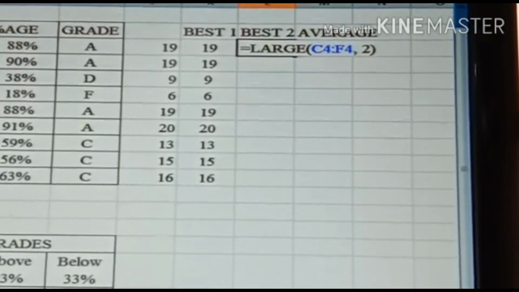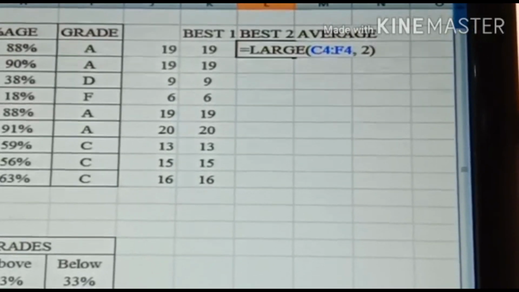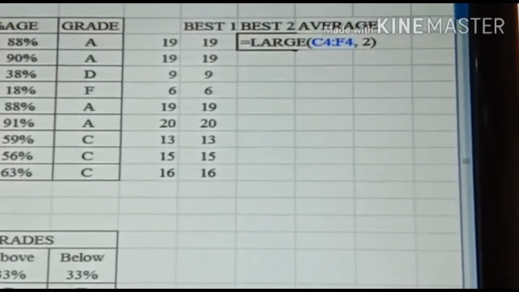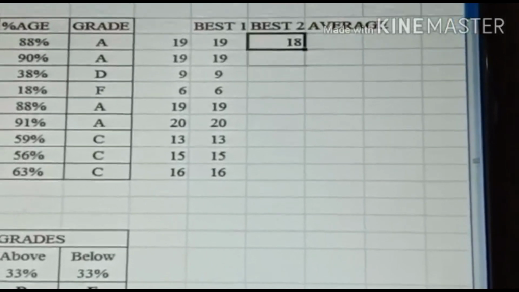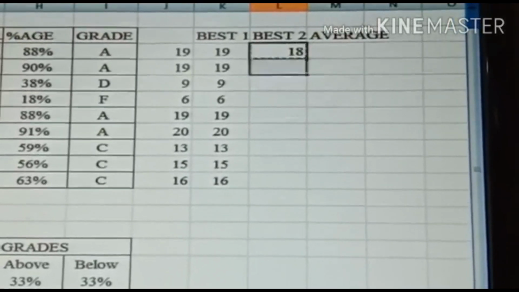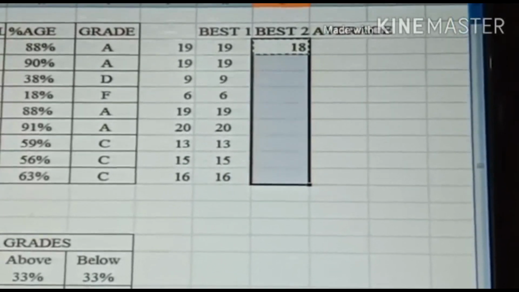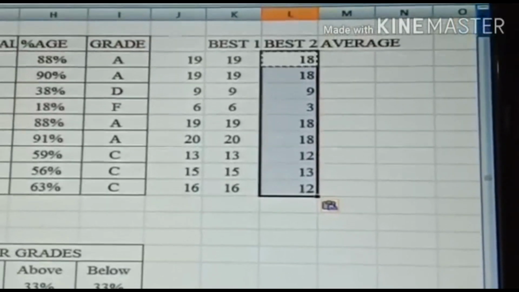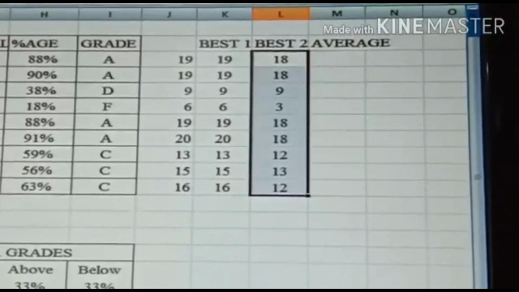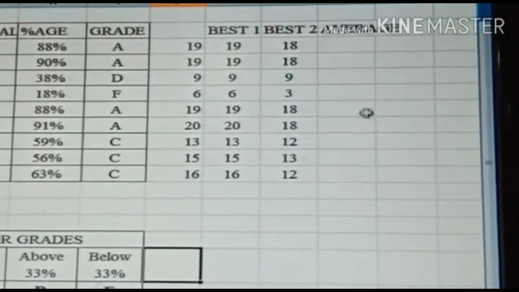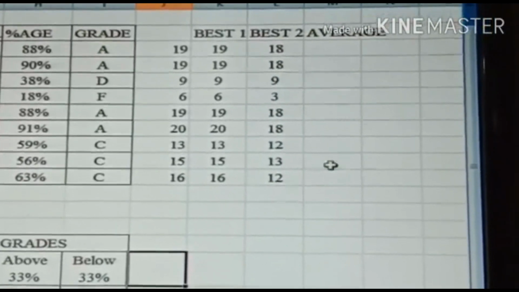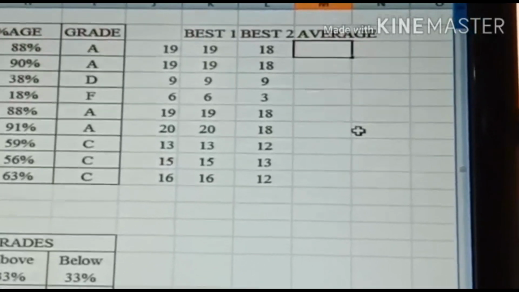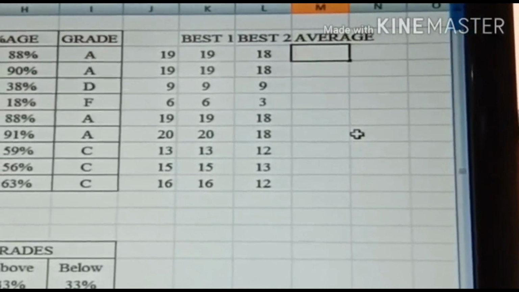If we want the third or fourth highest, then give 3 or 4 respectively in place of 2. As we have given criteria as 2, it will display the second largest value. Now copy the formula for the rest of the cells to get the second best marks for each student.